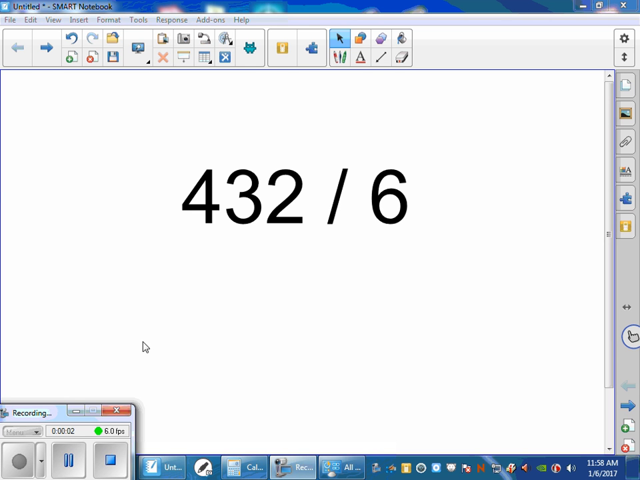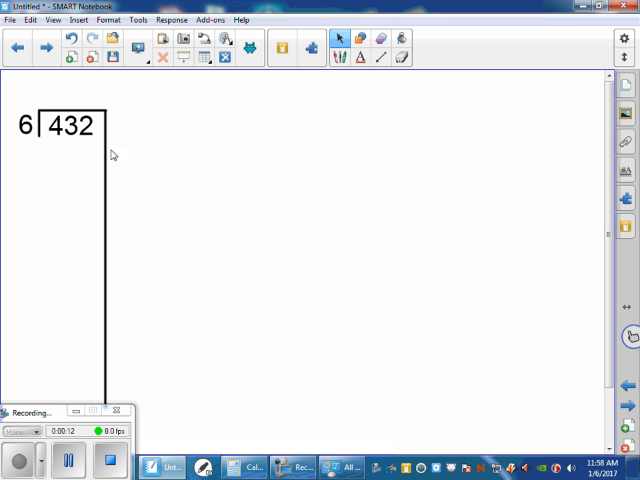This video is to help explain how to do partial quotients. We're going to start with the problem 432 divided by 6. Now to start this we would rewrite it in this format. So we say the divisor is on the outside, dividend is on the inside, and we've talked about making a house for it. First thing that we do is look at our number 432 and figure out how many 6's